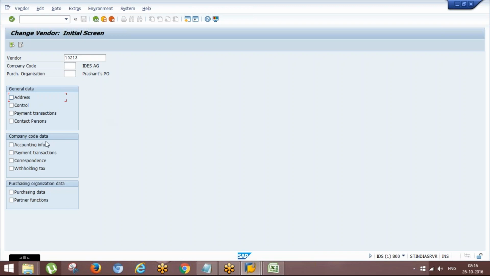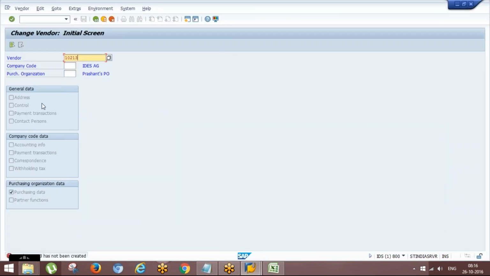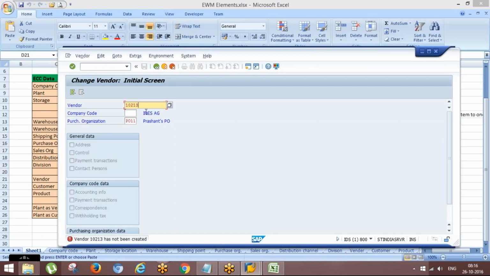You have to enter the purchase organization also, for the purchasing view. Looks like it is not created. Click on without purchase organization.